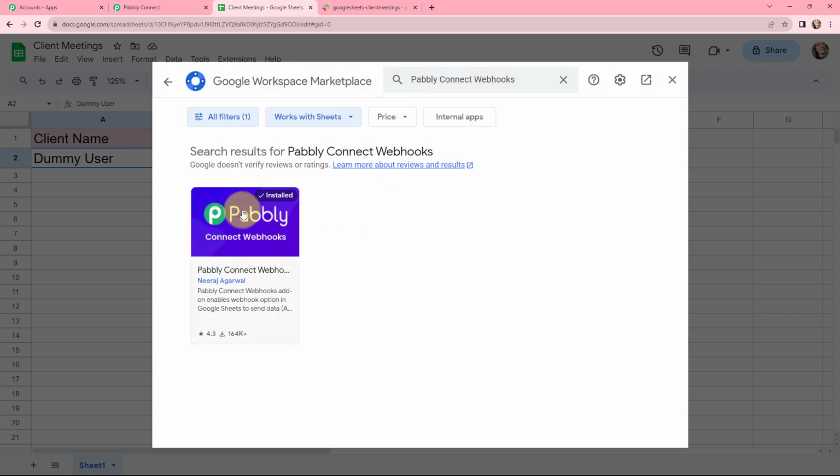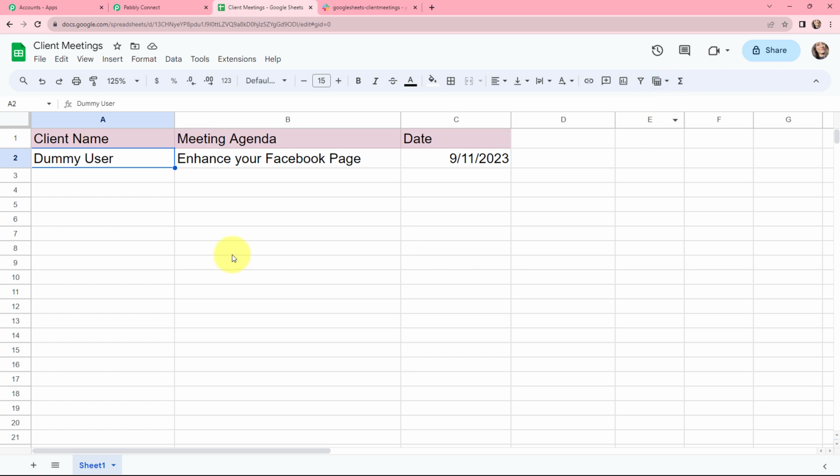So as you can see, I've already installed this extension, so it says installed. You can also follow the same process to install this. As I've installed this extension, I'm going to close this. So here, as I want to establish a connection between Google Sheets and Pabbly Connect, here again I will